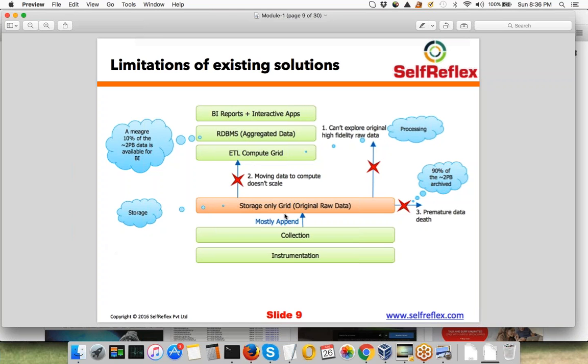For example, in the use case that we just talked about, your CDRs could be going into the storage only grid, along with a lot of, let's say, browsing data. A lot of other data sources could be generating data, and the data from every data source is being collected in the storage only grid. When you have a use case, according to the use case, you move some of the data here, you process that data, and then you come up with the results. You put those results into the RDBMS, and then your business reports can pull that data from the RDBMS. So typically what happens is, 90% of your data